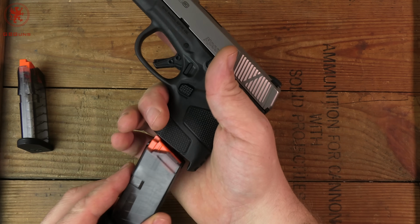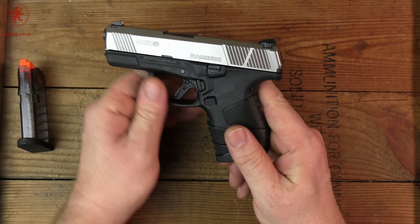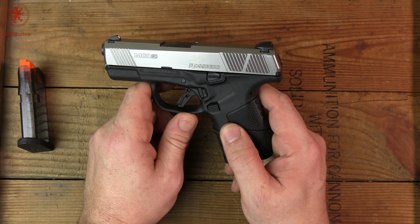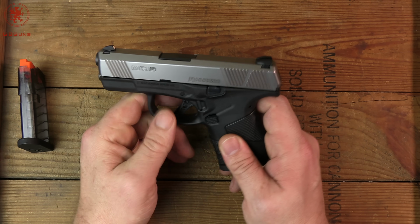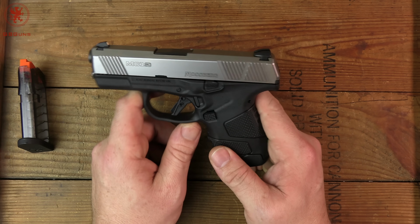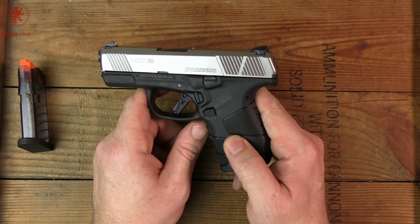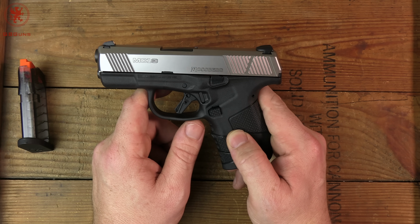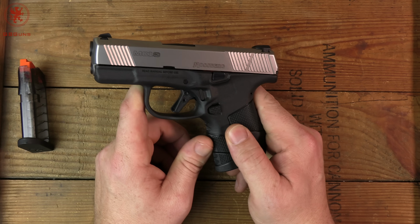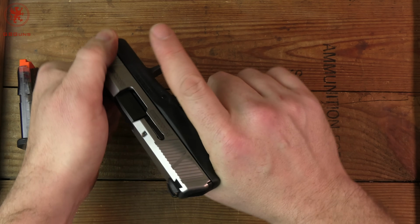The reason why I opted for that is it's rather unique for single stack 9s, really unique for pistols in general. You don't see it very often. Mossberg was, some would say, late to the party on the single stack 9mm craze. I say they took their time, did it their way. Some things on this gun are very different from what you and I have come to expect. So, looking over those features,